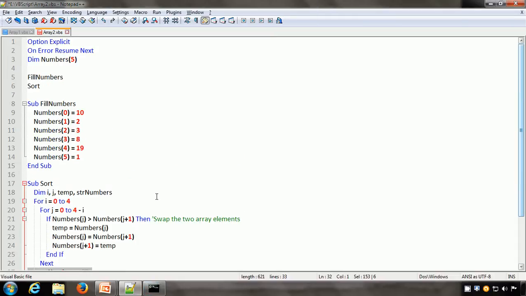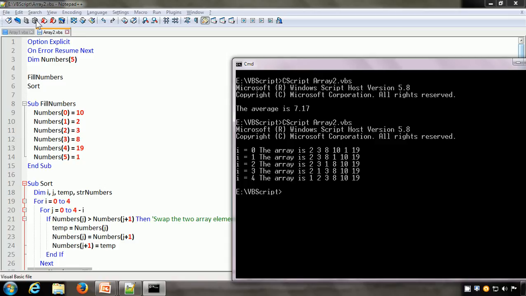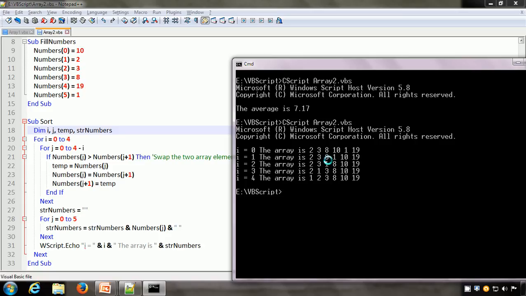So we need to save the script and run it again. Here we can see that when the value of the outer loop I is 0, at the end of execution of this loop, what was the highest element? The highest element was 19.